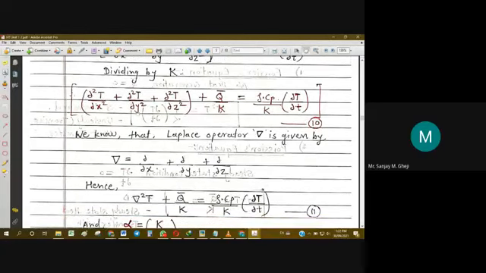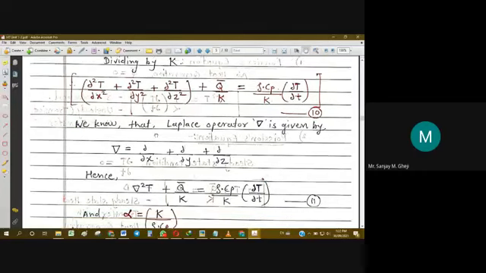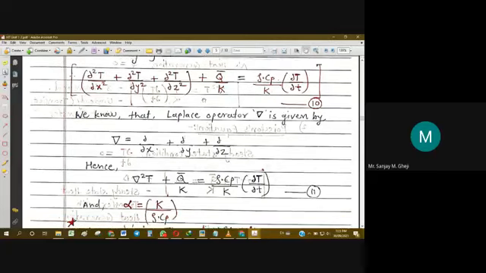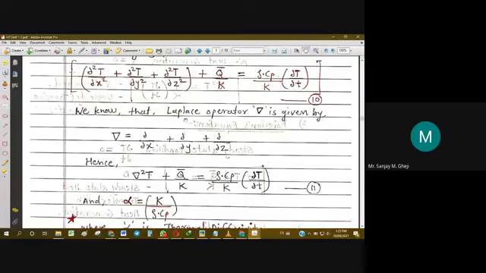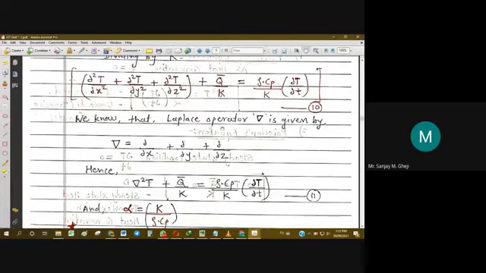Now from mathematics, we can adopt some simplification so that notations become easier to rewrite again and again, because it is time consuming writing this again and again. These are very large mathematical terms, and every time we write del square T by del x square and so on for every term, it makes it lengthier. So to avoid that, there is a Laplace operator in mathematics, which is this inverted triangle del.